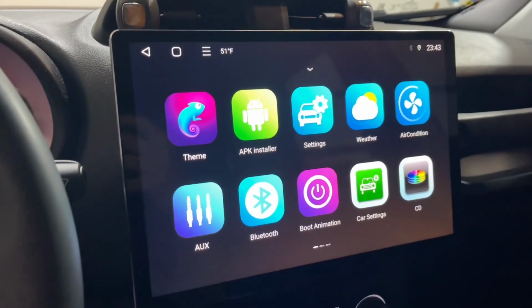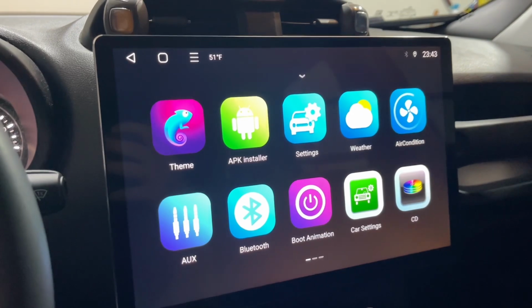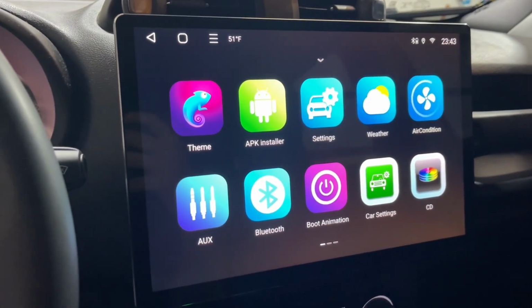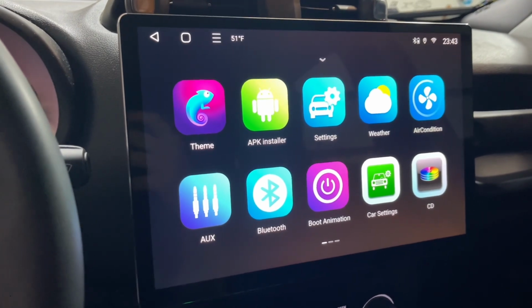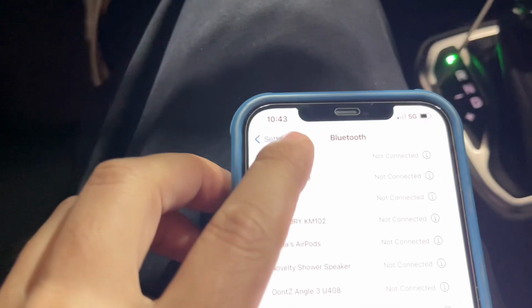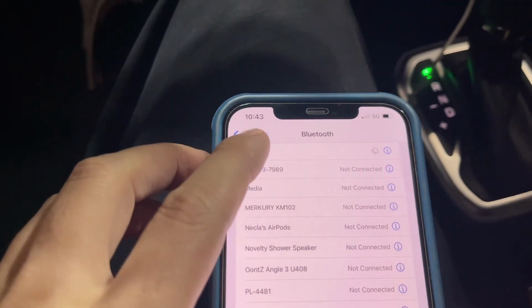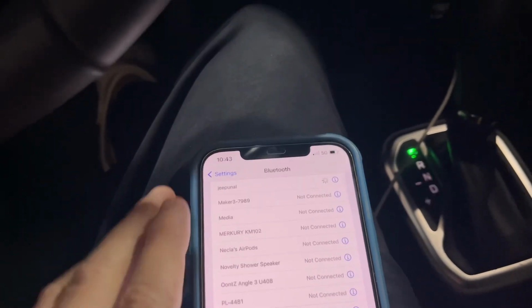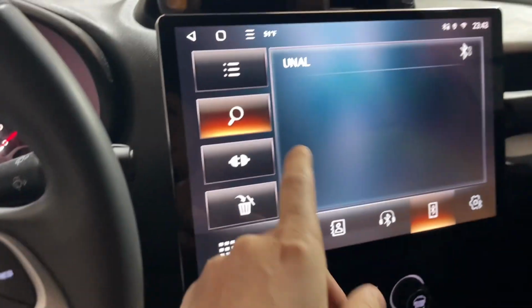Today I'm gonna show you how to fix Apple CarPlay when it is not proportional and not fitting the screen. We're gonna go ahead and solve that problem. First of all, we need to connect it to the car first, Bluetooth, and then